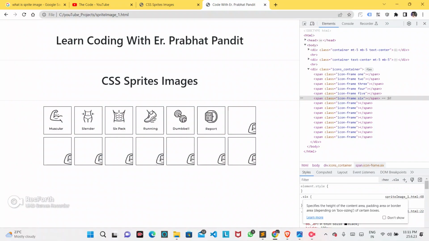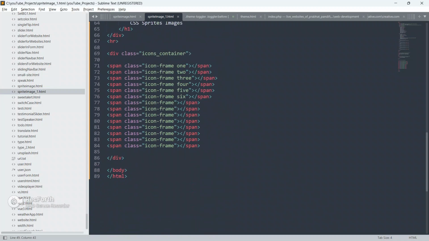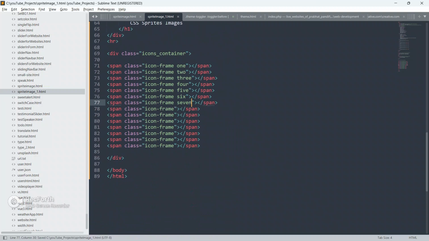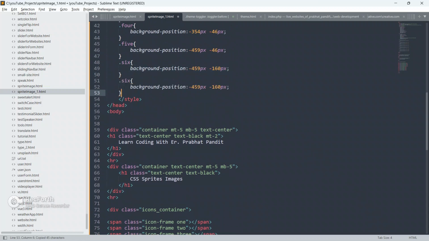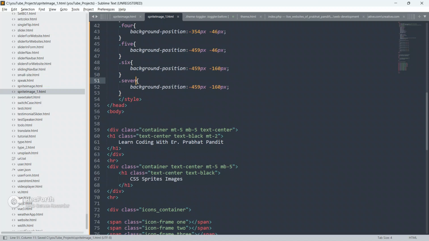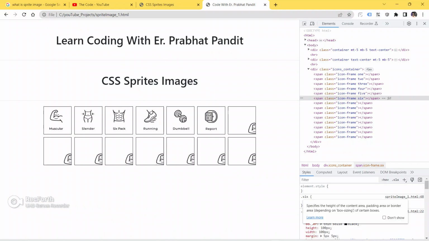Save your code, go to the browser and refresh your page. Boom guys. Okay, so now give another class as 7. So copy this class from here and make this as a 7. So save your code, go to the browser and refresh your page.